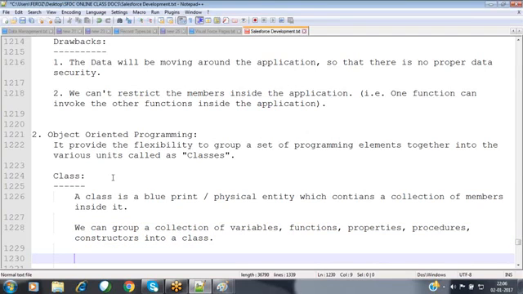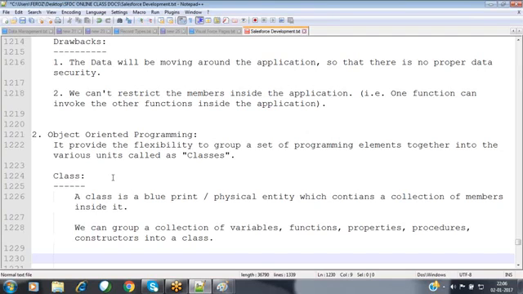All these things we can place inside it. You know what a variable is and how to define a variable. Moving forward, we are discussing functions, properties, procedures, constructors, and everything inside this object-oriented programming.